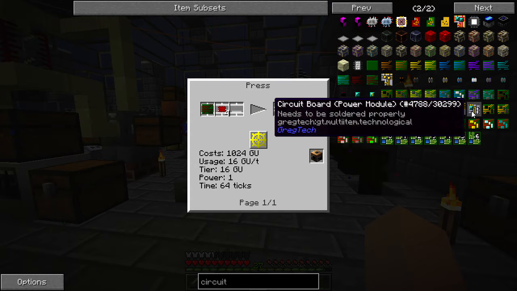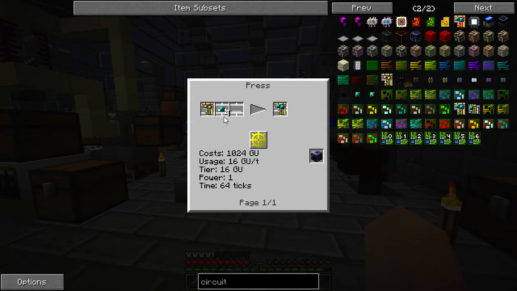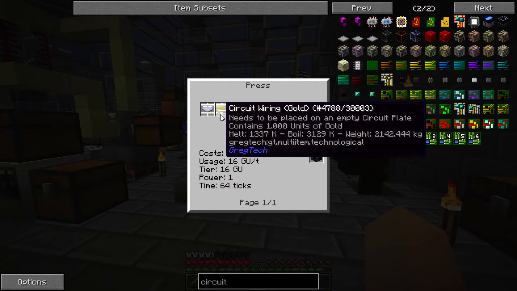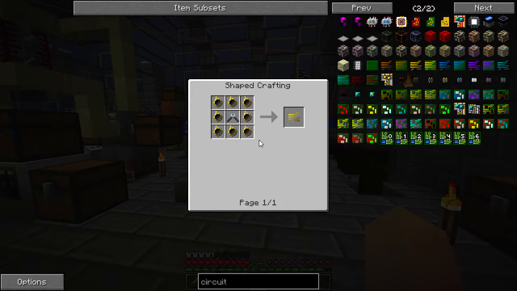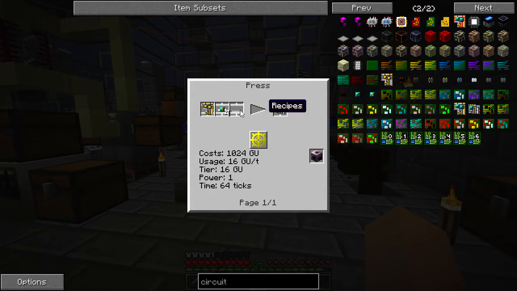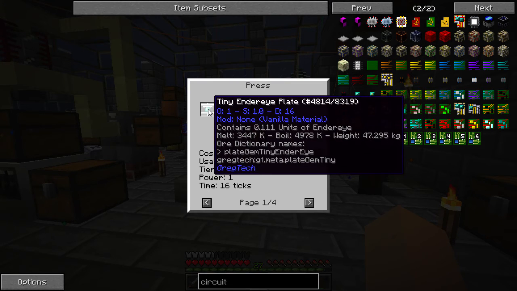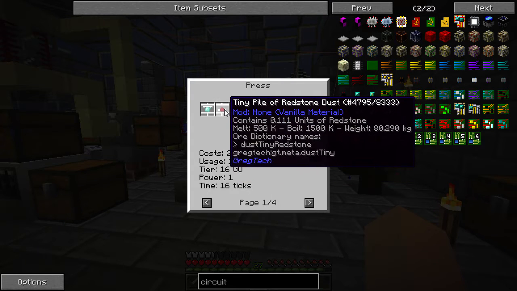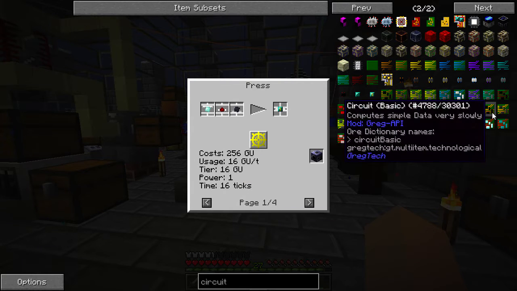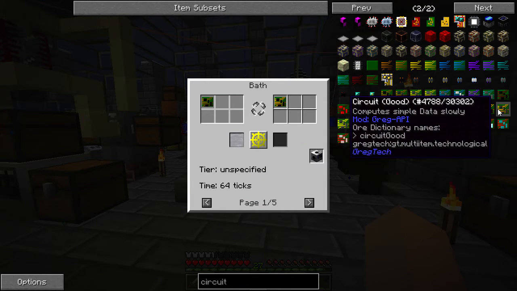And then this is the power module that is basically the HSL chipset. So it uses the base panel from Rotary Craft and gold circuitry wire. Again, just gold fine wire. And then this is the actual circuit, which is the circuit plate with the parts, which is a tiny ender eye plate, tiny redstone, and a silicon plate. Then we have, this is the regular circuit, the good circuit,